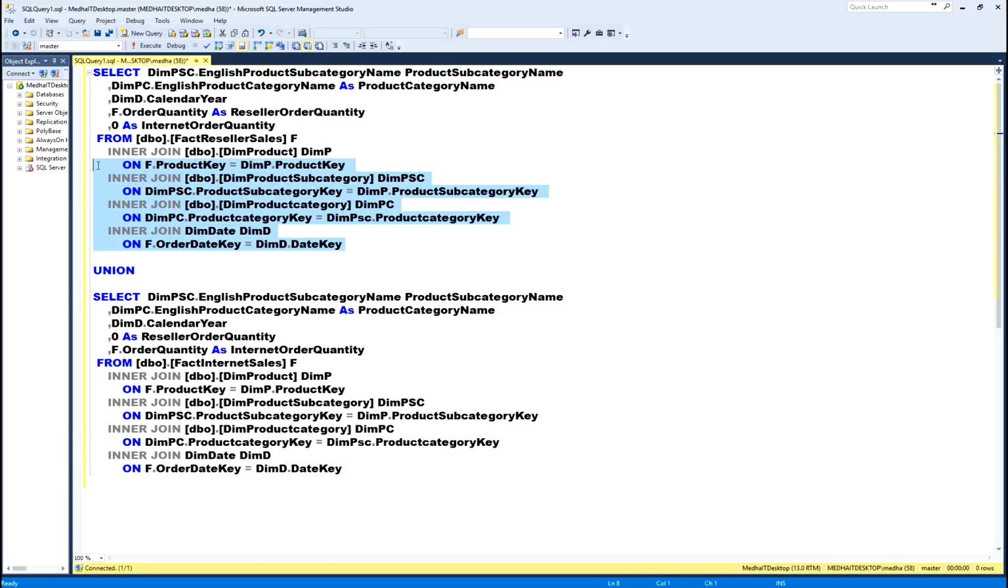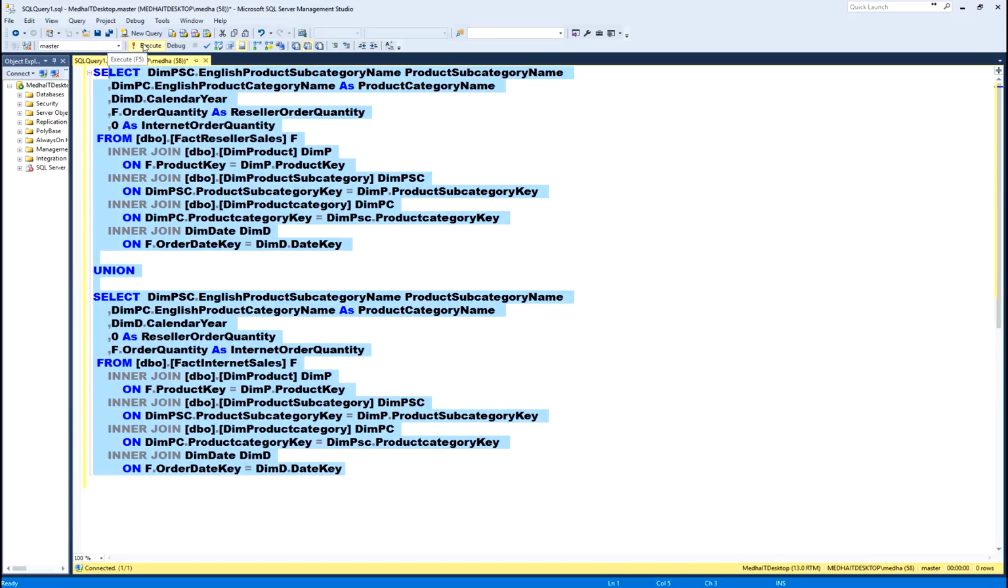By joining to all these tables, it is returning the product subcategory name, product category name, calendar year, reseller order quantity, and internet order quantity. Those are the columns it is returning, and similarly from fact internet sales also it is returning the same columns, and I am unioning all.